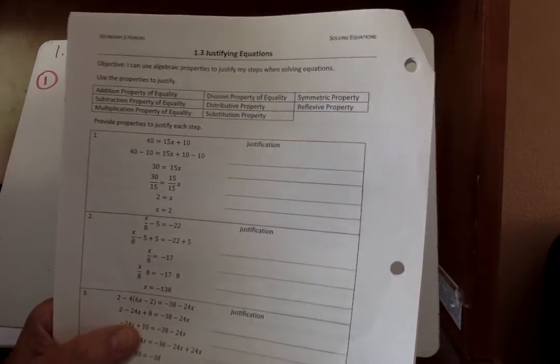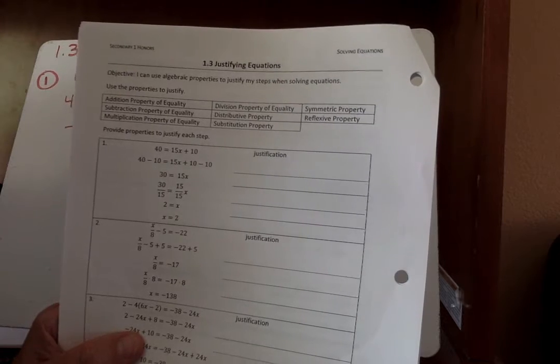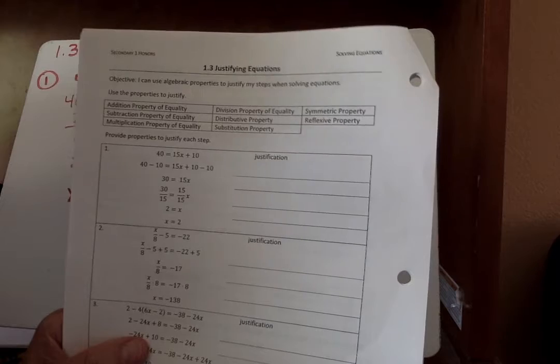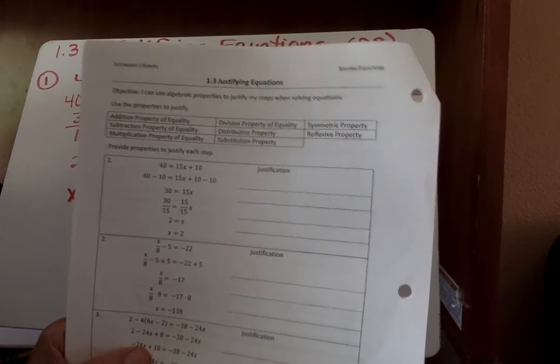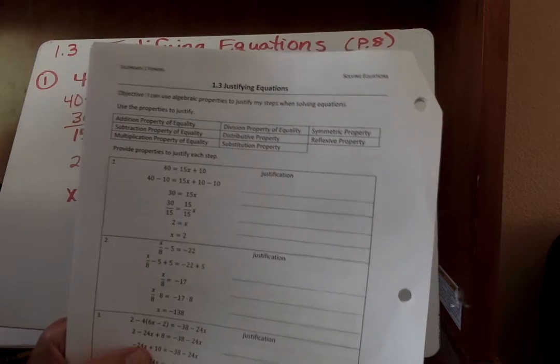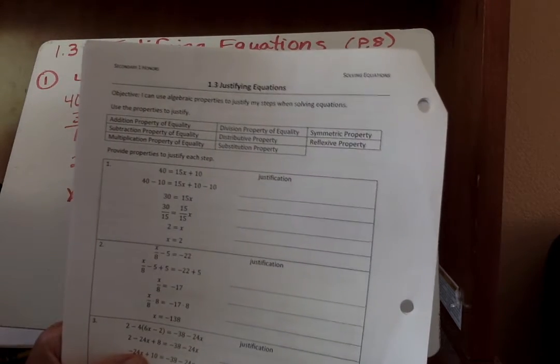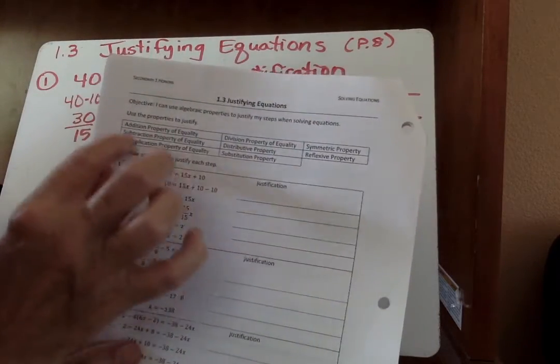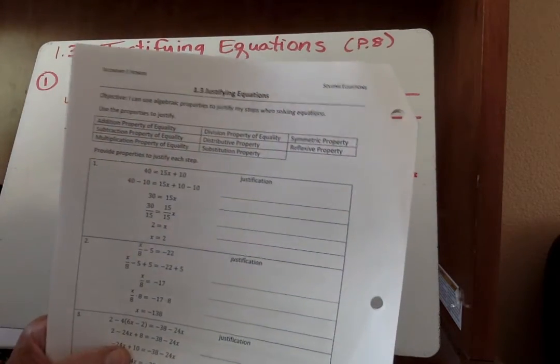Rupper, and today we're going to be going over justifying equations. So in the beginning we're going to have the equation solved, and you're going to say which property is used to justify each time we do an operation. And then towards the end you'll be having to solve it and justify each step that you will be taking to solve the equation. So again, this is page 8, 1.3, justifying equations. We also have all of the list of our properties up here at the top to make it easier for